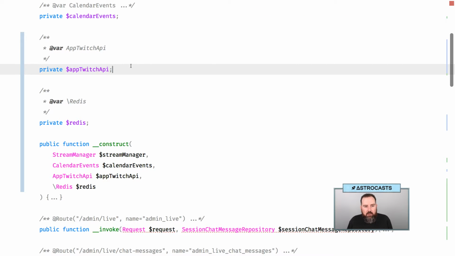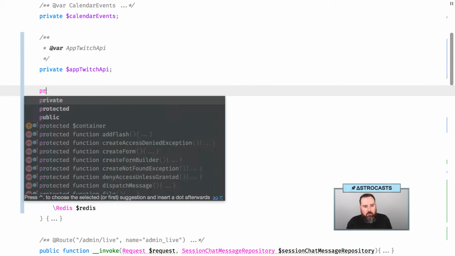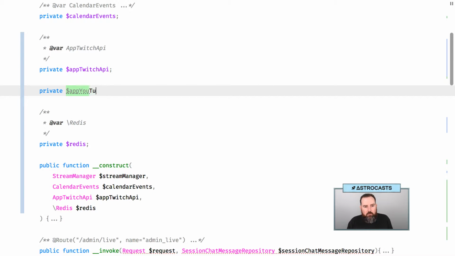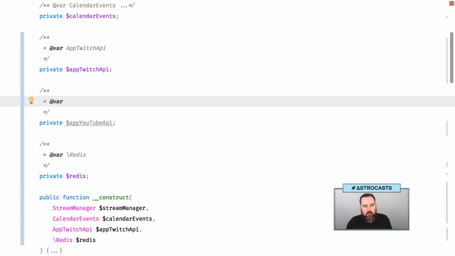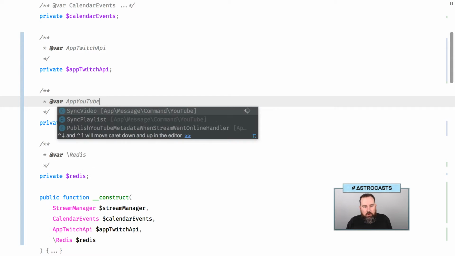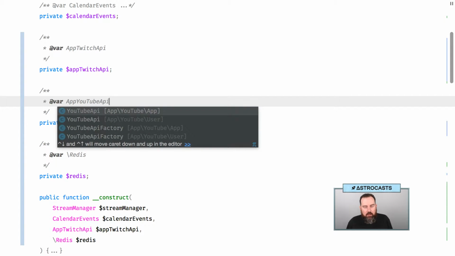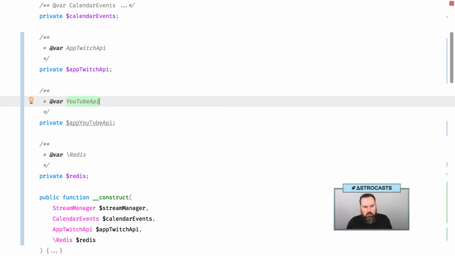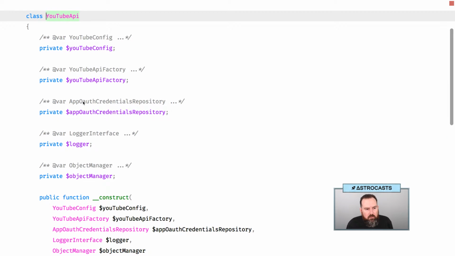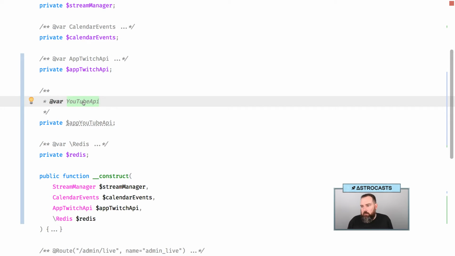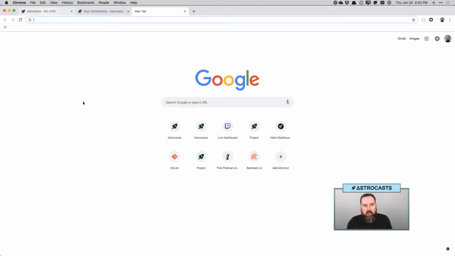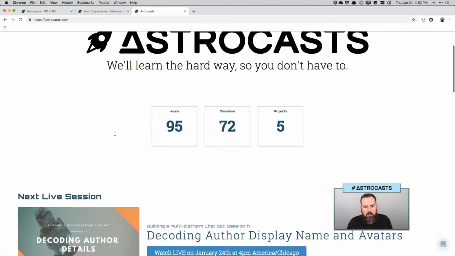We're going to have to get an instance of our YouTube API, app YouTube API. And if you weren't around for the getting started, or wait, did that? Yeah, okay, that's right. If you weren't around for adding OAuth to Astrocasts, so if we go to here,